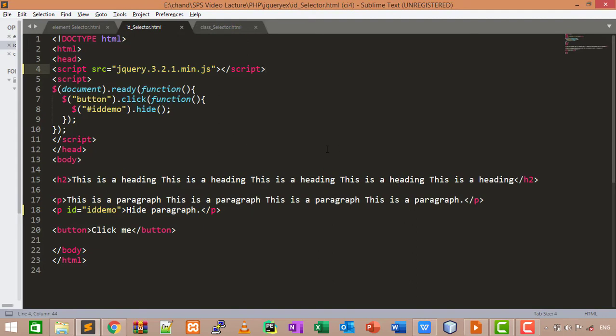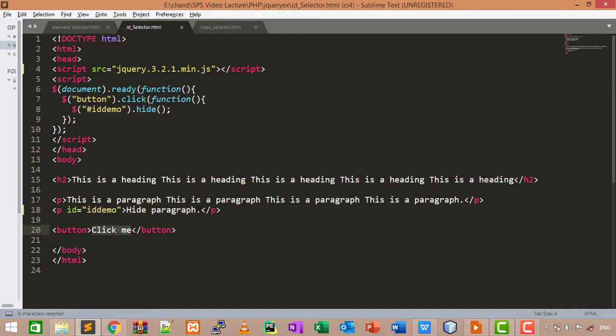Here is the ID selector example. We will use an h2 tag and write this is heading. Then we will write two p tags. In the first p tag we will write this is paragraph, and in our second p tag we will create one ID, and our ID name is demoID, and in it we will write hide paragraph. Here we will take one button and write the text click me.